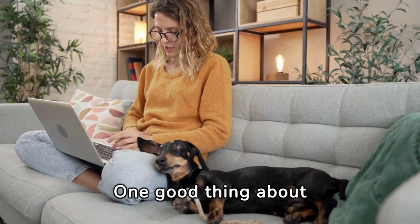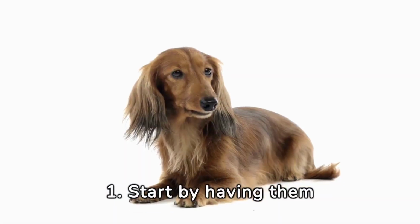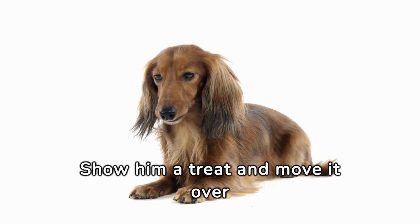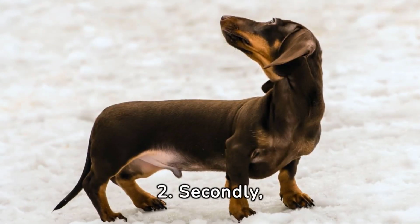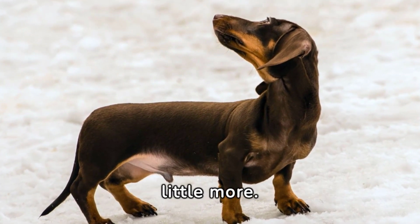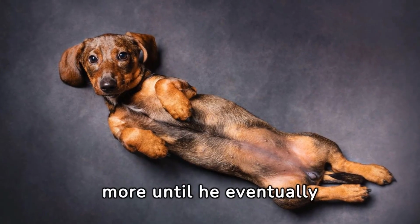One good thing about Dachshunds is that their bodies are ideal for rolling over. 1. Start by having them lie down. Show him a treat and move it over his back so he has to twist his head over his shoulder to see it. Now give him the treat. 2. Secondly, show him another treat, but this time have him twist a little more. Keep on not giving him the treat and get him to twist more and more until he eventually ends up